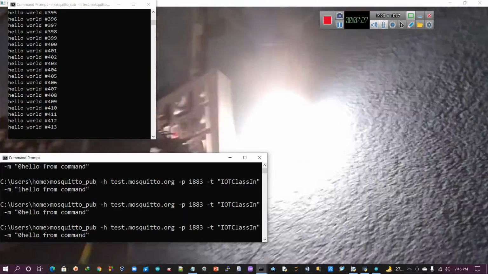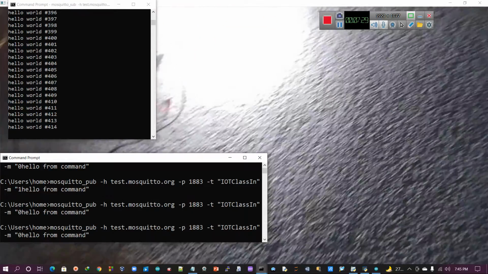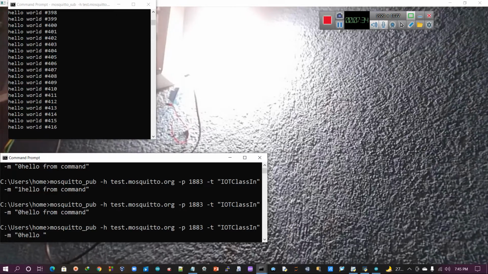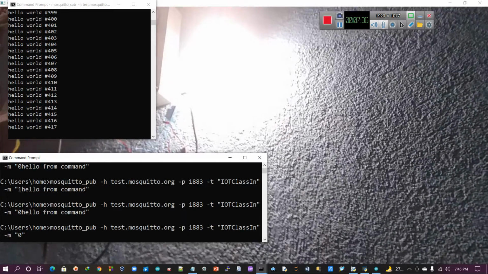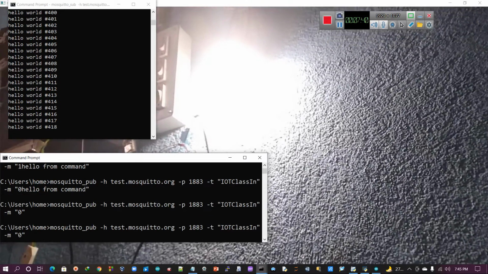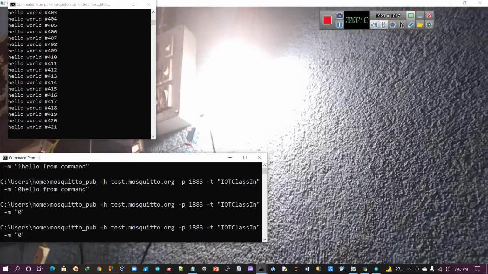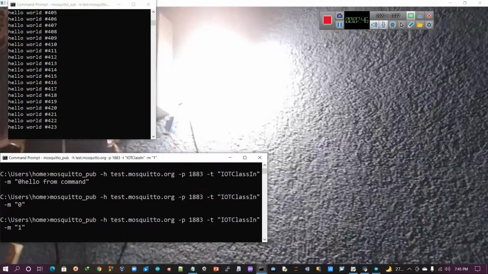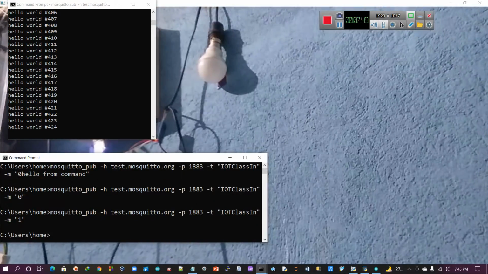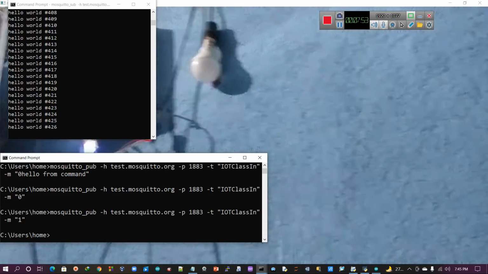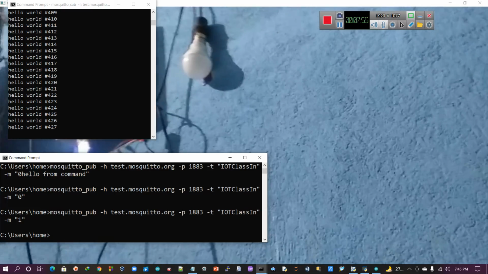So here, instead of hello, I'm changing the message, because there is no meaning of hello in the command. Here I'm just taking 0 or 1. Let's wait. Now I'm supplying the 1. In case of 1, now you can observe the state of that bulb. Yes, fine. Because I have involved the relay, there is opposite logic, guys.